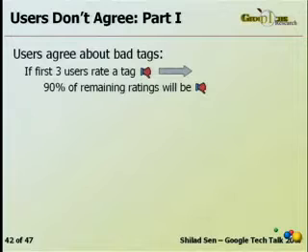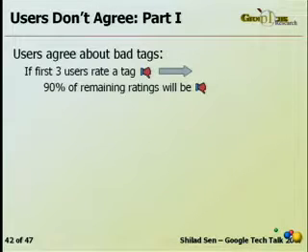So if the first 3 ratings of a tag are all negative, then 90% of the resulting ratings for that tag are going to be negative. So this is a pretty easy metric that systems can implement, and it seems fairly accurate. And you can slide the knob up. I think if you look at the first 5 ratings, it goes up to 99% or something like that.